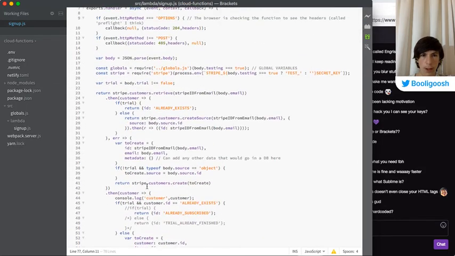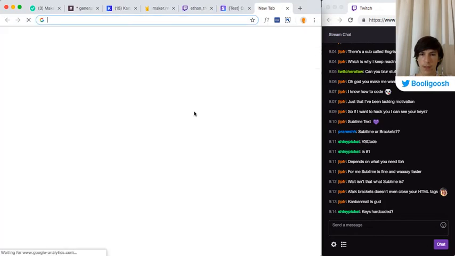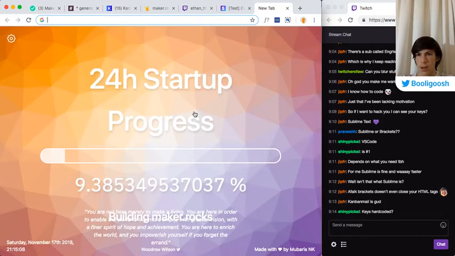So let's just work out what my code actually does. We need to retrieve it to see if a customer already exists. I'm doing things slightly differently to what I did for Kanban mail.